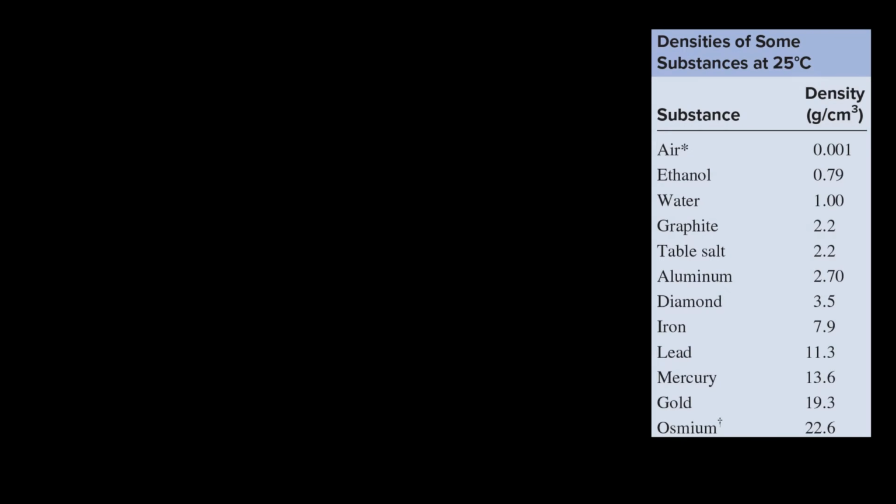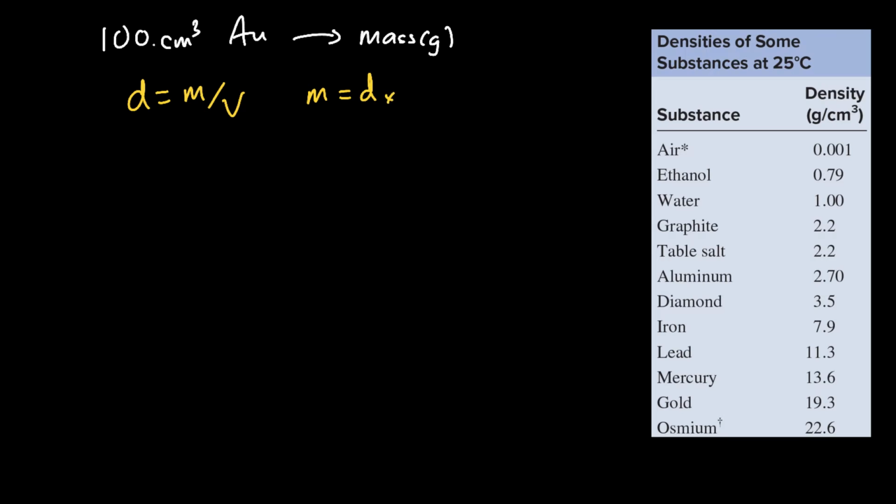Now let's do the reverse problem. Let's say we want to have 100 centimeters cubed of gold, and we want to figure out what mass this is going to be in grams. So we can solve this problem the same kind of way. Density is mass over volume. As we saw before, mass then is density times volume, and so the density of gold is 19.3 grams per